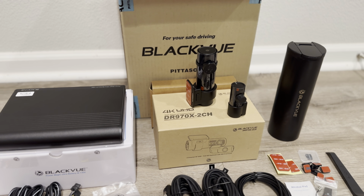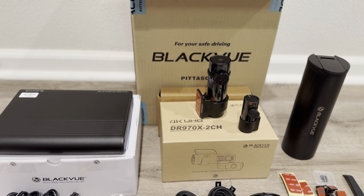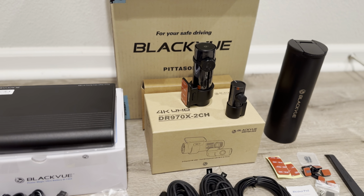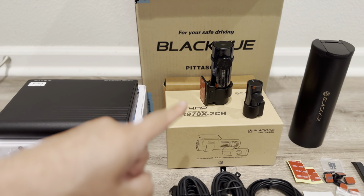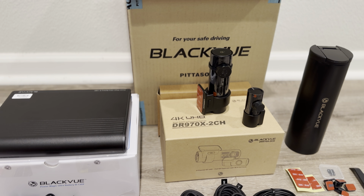So I have this new product here that I purchased for one of the Tesla vehicles. So we'll be installing this dash cam from BlackVue to the Tesla Model Y3. You can install this for Y3 or S and X, it doesn't really matter. The reason we're installing a dash cam is because we want to ensure we have a backup system, and also